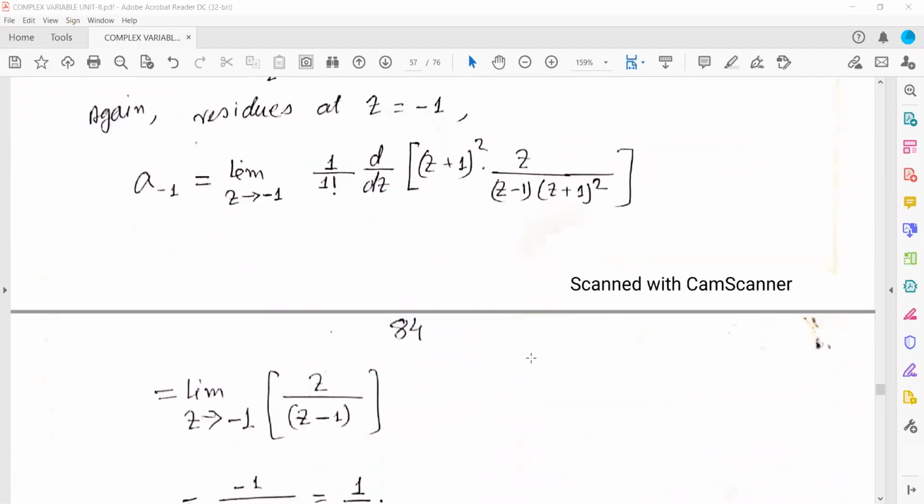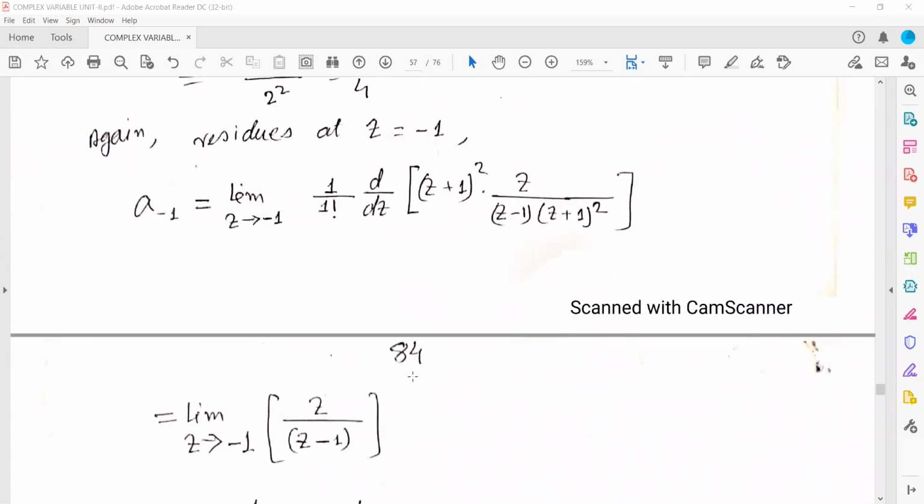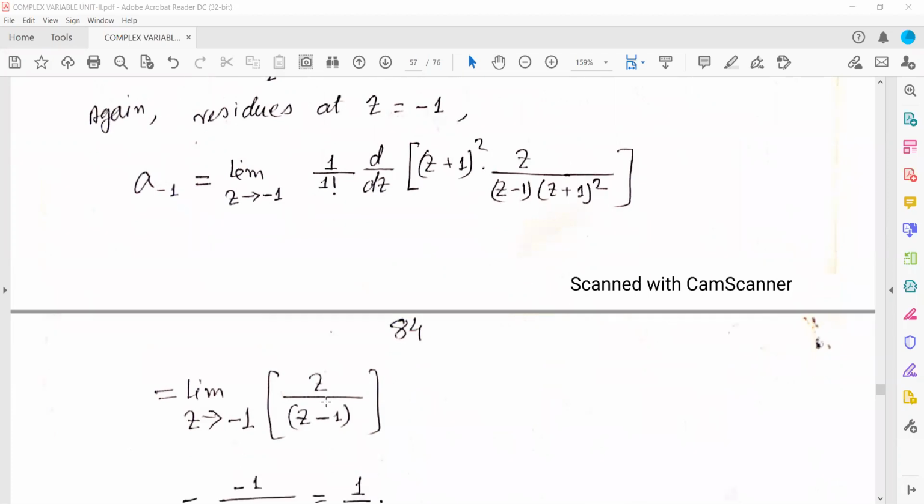So the residue will be what? Your 1. Sorry. Oh no, sorry, the z minus 1 is there, no? I have not seen this z minus 1. So z by z minus 1. If you find the derivative of this z by z minus 1, so